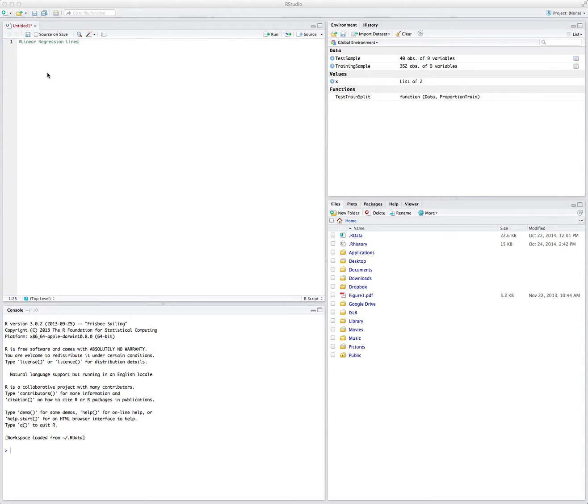Okay, welcome to our third R session. In this session, we are working on linear regression lines. Linear regression lines are one of the most famous topics in statistics. Now we have to learn how to use R to implement those. One of the things that is necessary for this lecture is that you must make sure you have